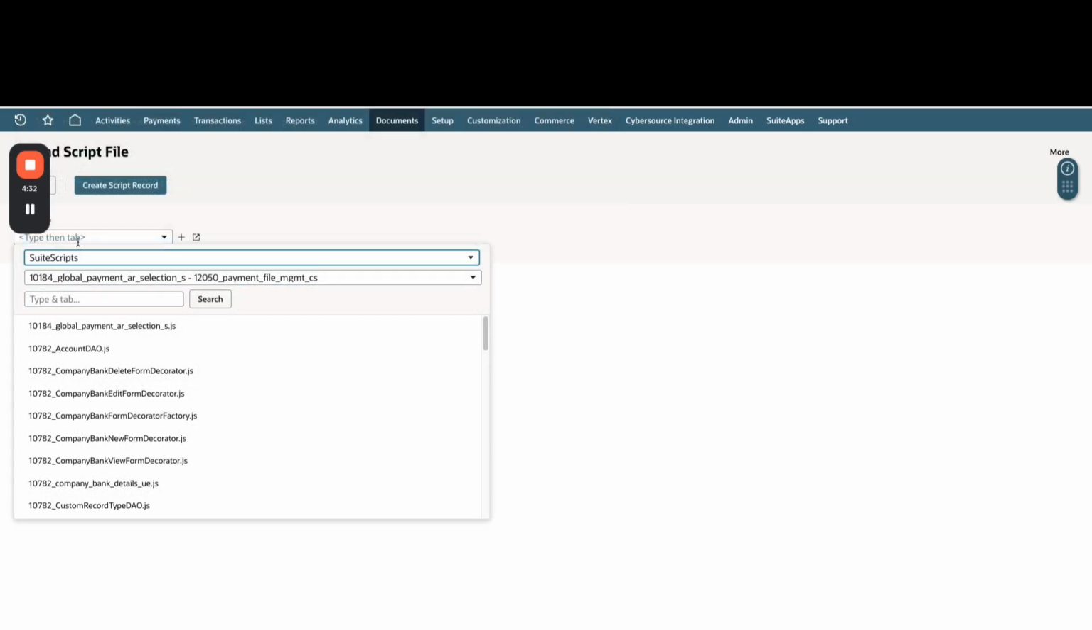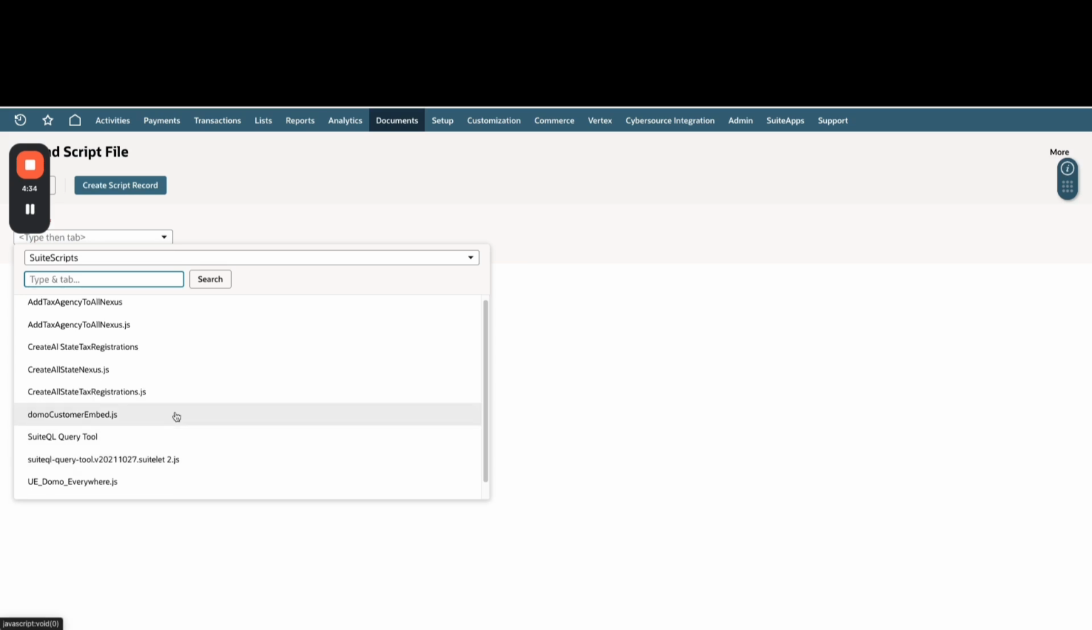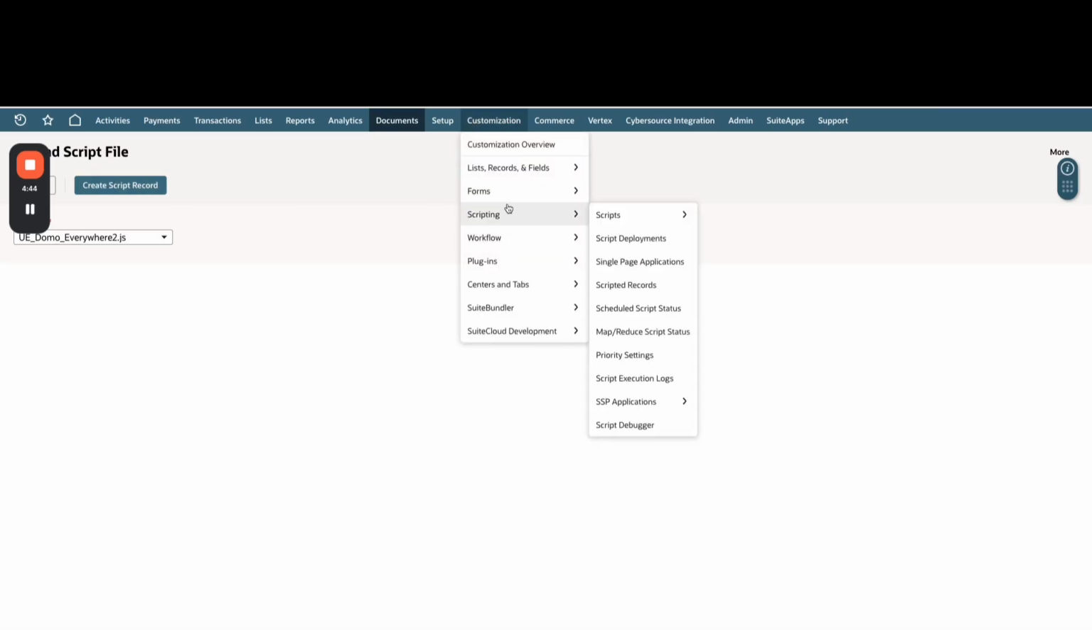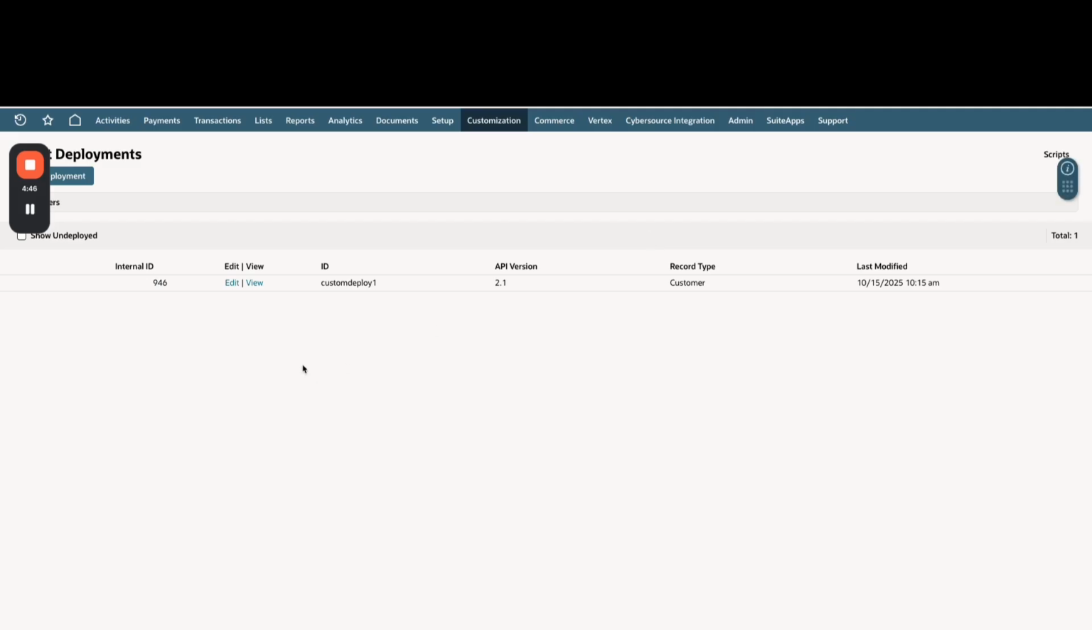Let's see, my Suite Scripts. I would just add, in this case, I have one called Domo Everywhere that I would add, and then click Create Script Record. Once you're done with that, then you have to deploy the script. And so I come back to Customizations, Scripting, Script Deployments, and we would deploy a script. I can move this,